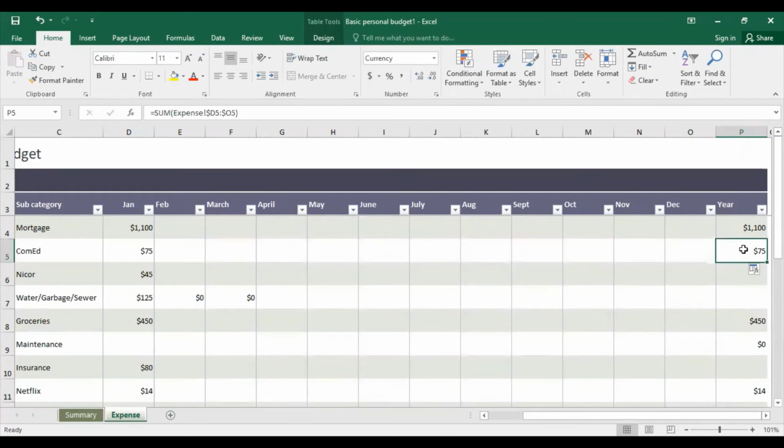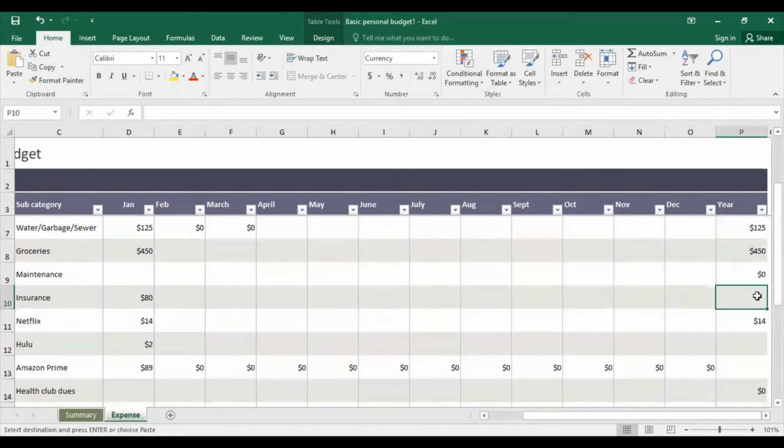I'm going to copy and paste. See, so paste, and keep going so I can see all of my paste, and paste and paste. See, so since I've only filled out the January columns, that's what's coming out on my